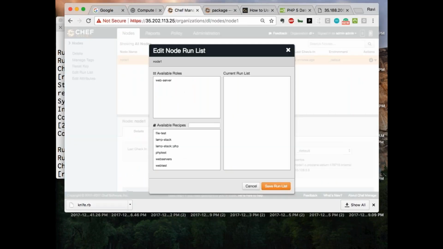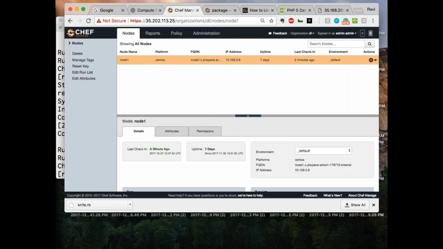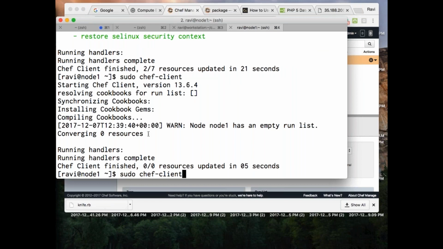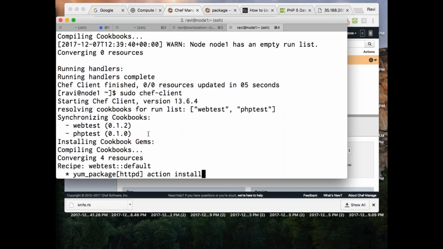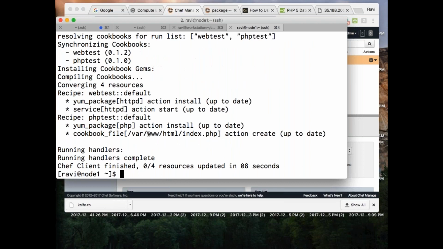So let's say edit. So I'll apply the role directly, right? So save it, and run chef-client. It's already there, right? So what I'll do is